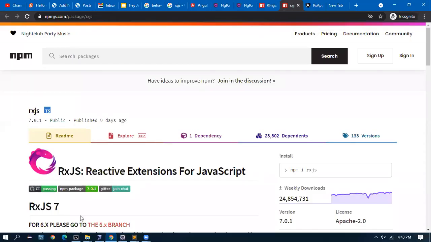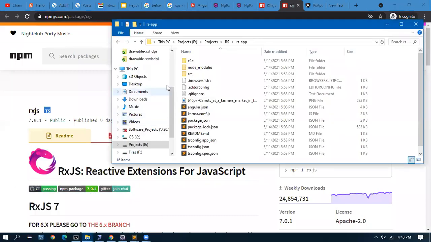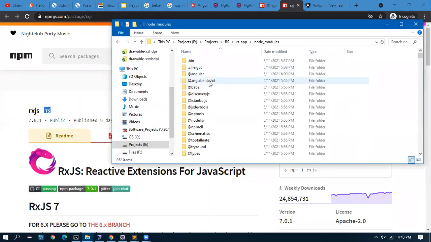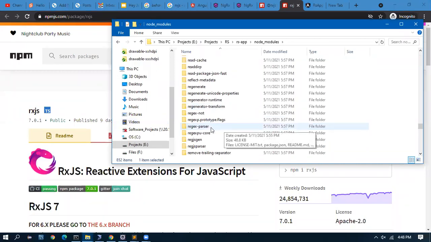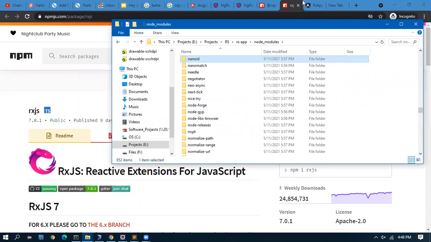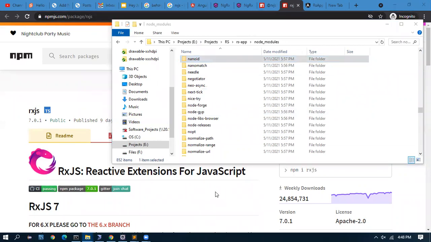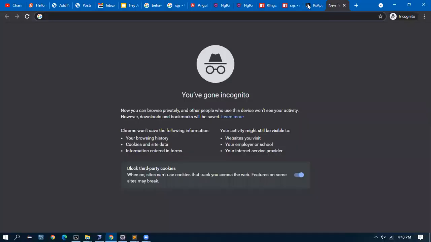Once this is installed, in the node modules folder we will see rxjs. Can you paste that in the chat? I will compare my node modules with what I have right now and what I'm going to get.